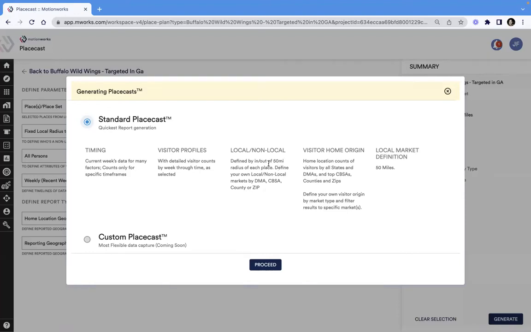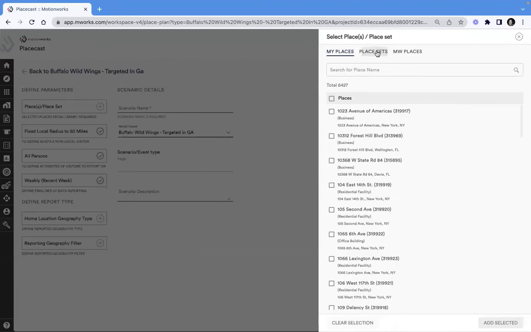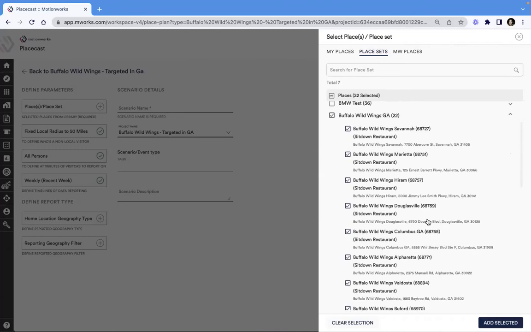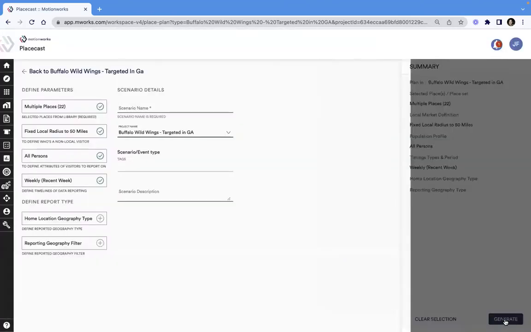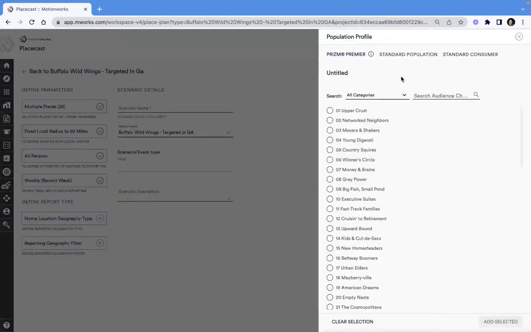Understanding of where those people and how far away people are coming from to visit each location, where those people are coming from specifically, where they live, as well as other information. Here I can go in and take that place set that I created in Places Library and add that here. I don't have to repeat that task. I'm going to look at that